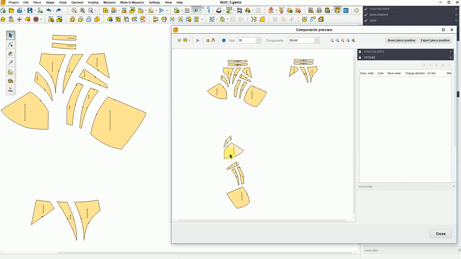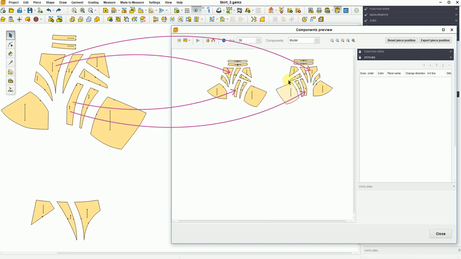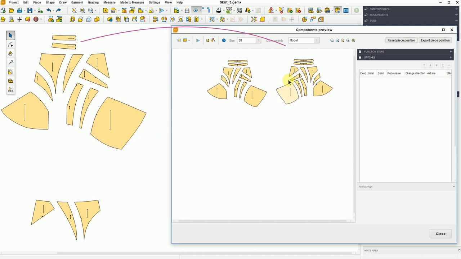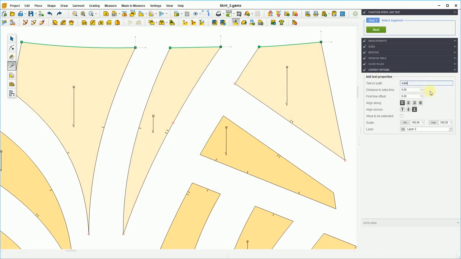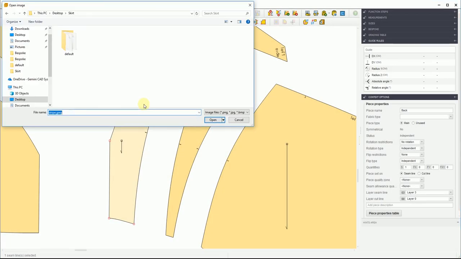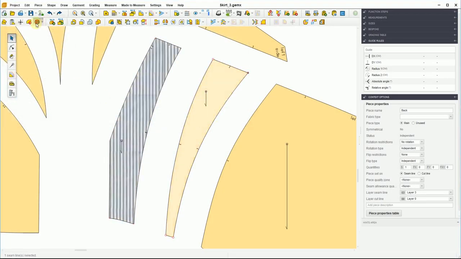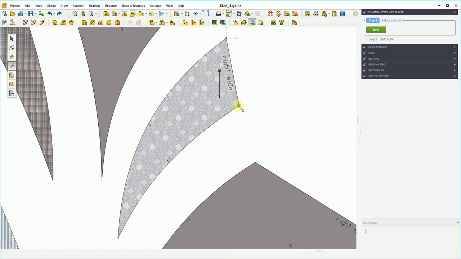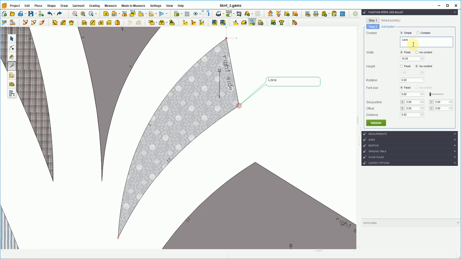This stage is performed by the Gemini Pattern Designer ability to display the patterns in the ready-to-cut form, multiplied, flipped, symmetrized, and unfolded. The technical information is provided by using various descriptive elements like text on path to explain certain procedures on pattern contour, texturize selected parts, bullet information for specific technological messages,